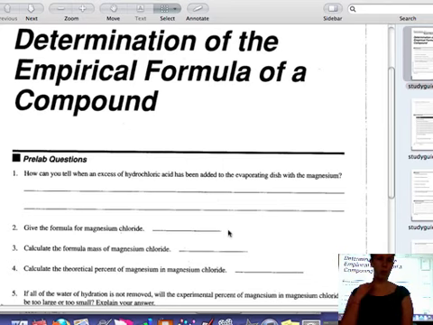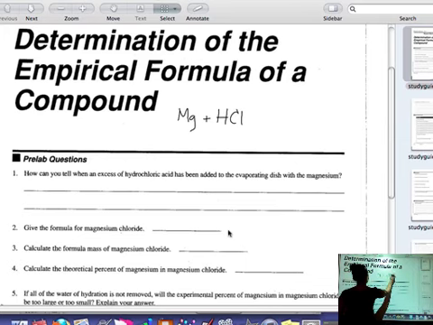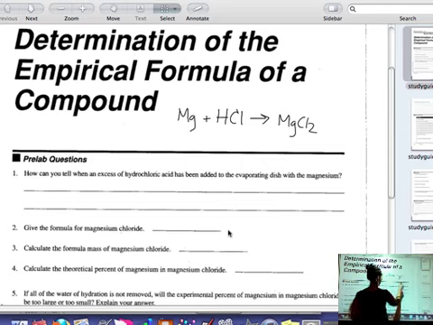So we're determining the empirical formula of a compound, which we need to look at for the objectives. The mass of magnesium chloride produced when a given mass of magnesium is reacted with hydrochloric acid. So I'll write up here magnesium plus hydrochloric acid, and we're looking at how much magnesium chloride is produced. Okay? So using